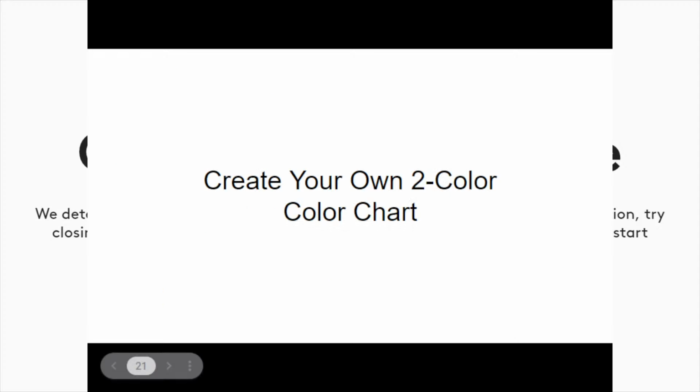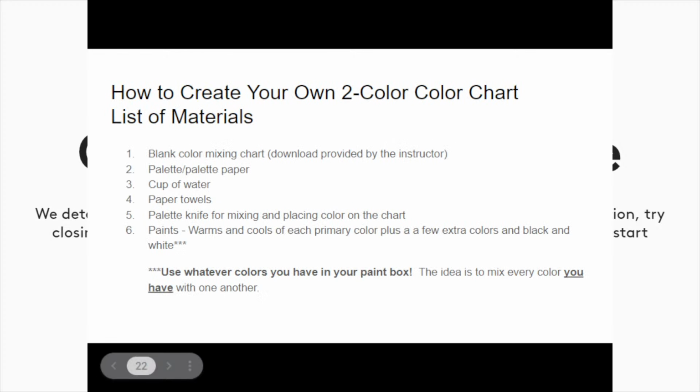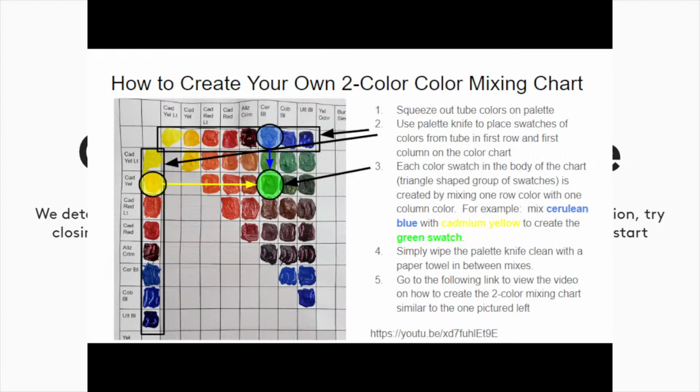Okay, so next we're going to create our own color chart, and I believe I gave you instructions for that. But before we do that, I'm going to get out of this first. We'll come back to this. But I want to go back to